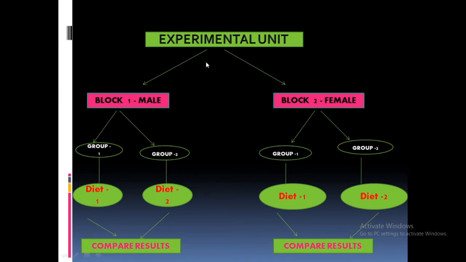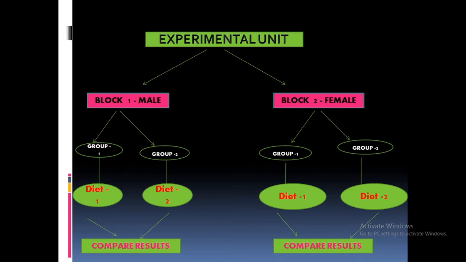Here we are dividing that experimental unit into homogeneous groups. In the first type of design, we did not conduct any such grouping. In the completely randomized design, CRD,